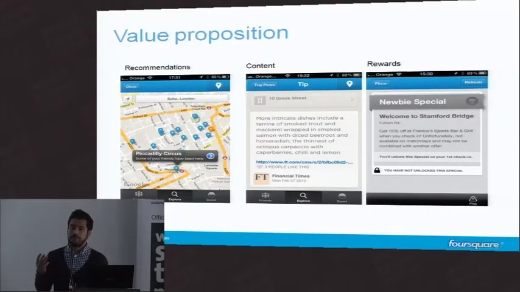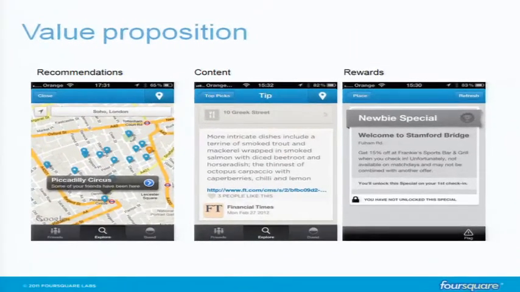And the third pillar of value, I think, are the rewards. And the rewards are really ways for businesses with physical representations in the real world to incent you to come to their businesses or to return to their businesses as a loyal customer. We have loads of examples for that, and I'm going to show you some more. But obviously, it's no surprise that check-ins also have commercial intent, and capturing that intent and trying to convert people to customers is something that we're quite excited about.